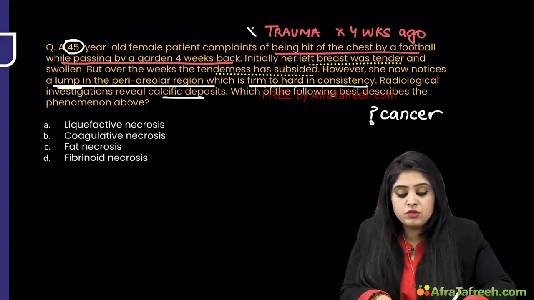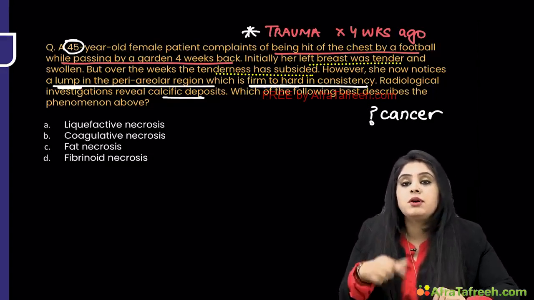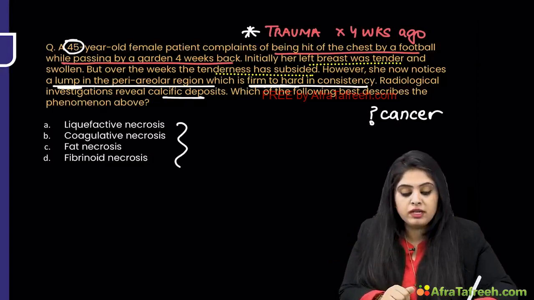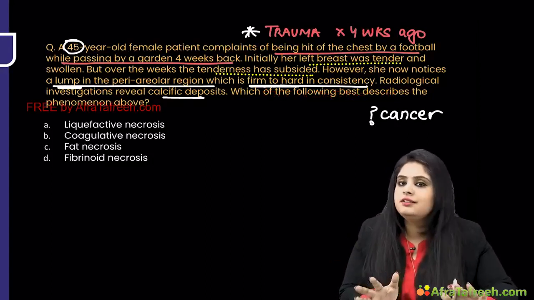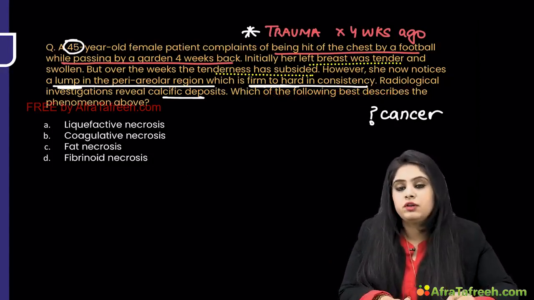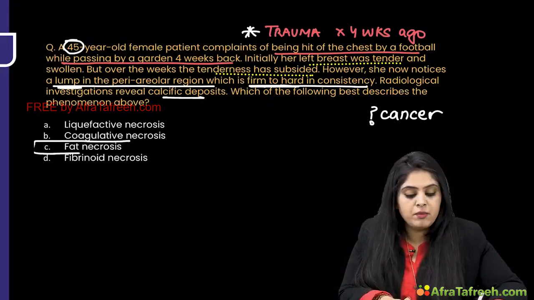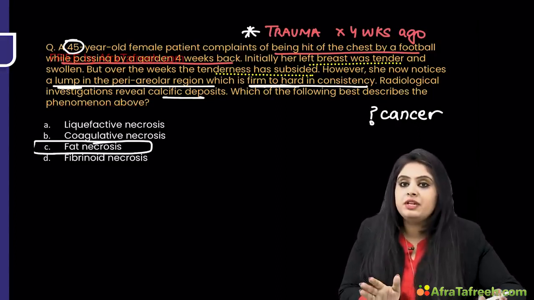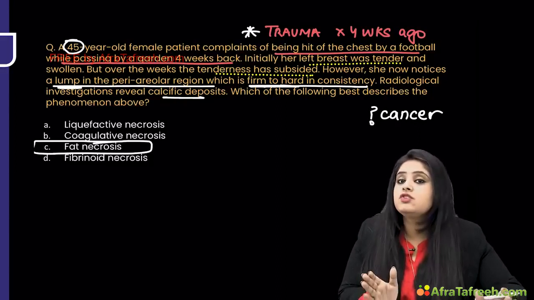But as soon as she told me that this all has happened after a trauma which happened 4 weeks ago, and the options that I see below are all necrosis, that is when I say, okay, the examiner doesn't want me to go towards cancer. The examiner wants me to go towards a necrosis, and in the breast following trauma, of course, it is fat necrosis. Having said that, we wrap up our discussion of the reversible cell injury, irreversible cell injury, and the first